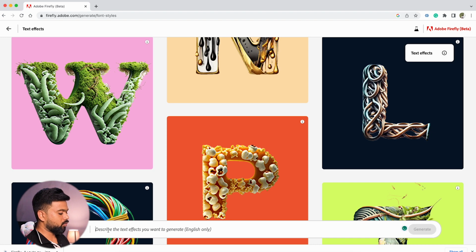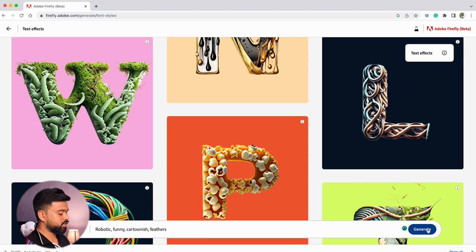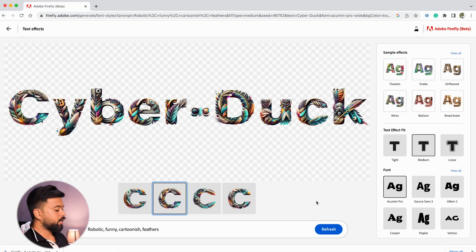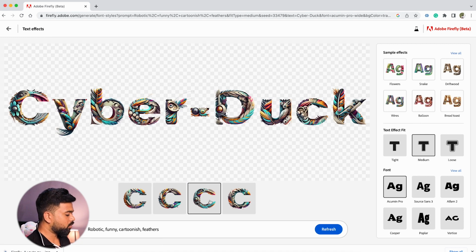Fine, and I'm going to describe the text effects I want. I want it to be robotic, funny, cartoonish, and with some feathers. Okay, cartoonish, fine, feathers. Got it. I'm going to generate now. Click on generate. It's actually generating the typography I requested. So yes, the AI has given me 4 different options to check out, and I'm